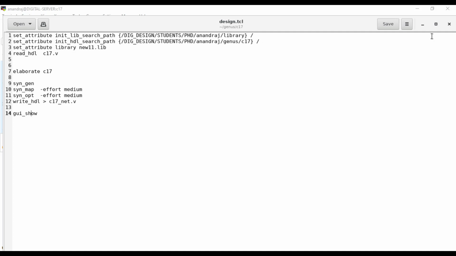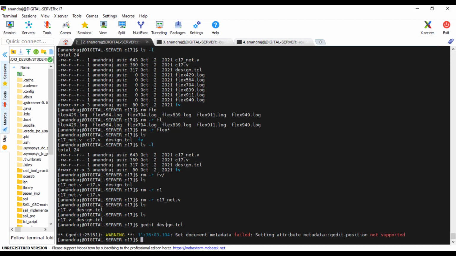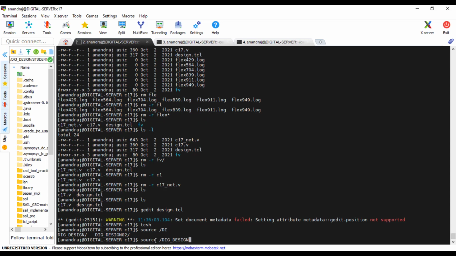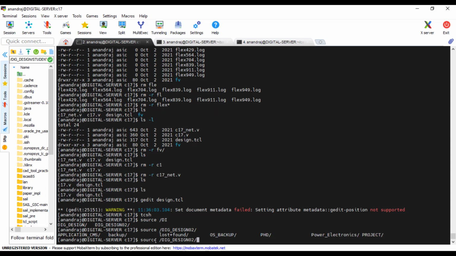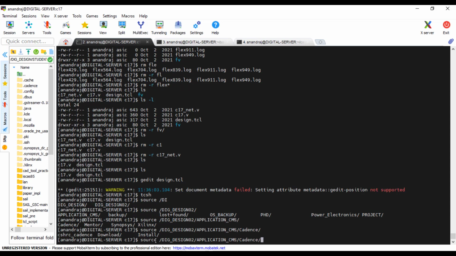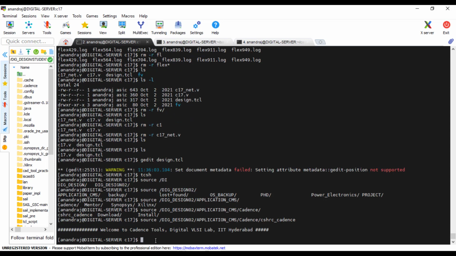Okay, so I am going to close this, and then I am going to instantiate and open the tools. So now we have entered into Cadence.